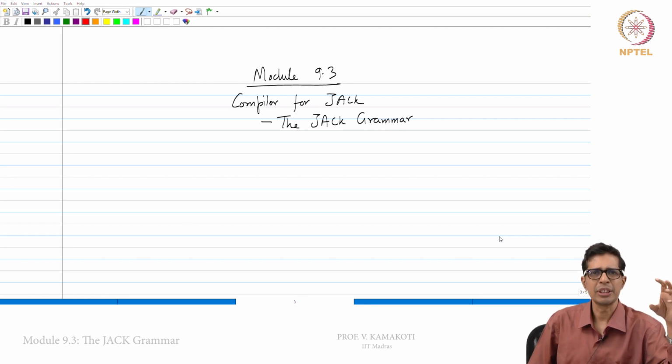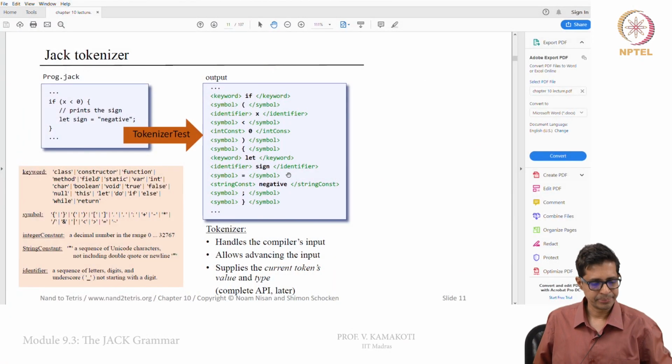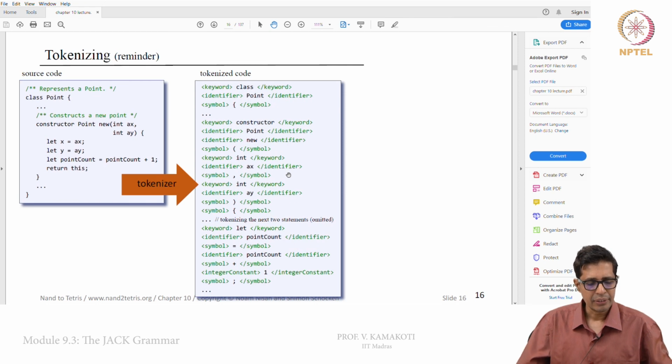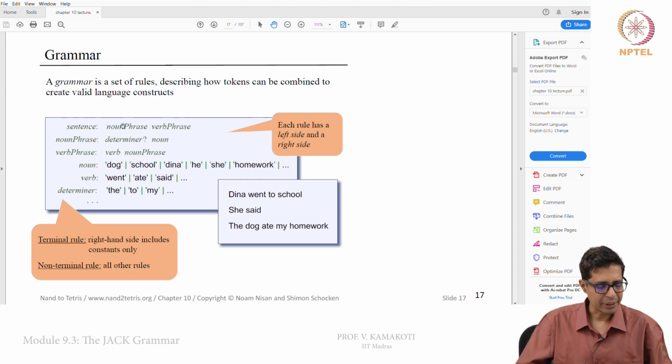We'll have a very short introduction, but we'll try to make it very comprehensive because we need to do a project based on the understanding of this. Okay. So, now we are going to talk about the parser that you see here, and this is the grammar. So, let us now start with understanding